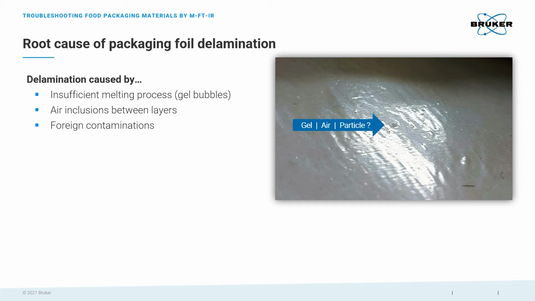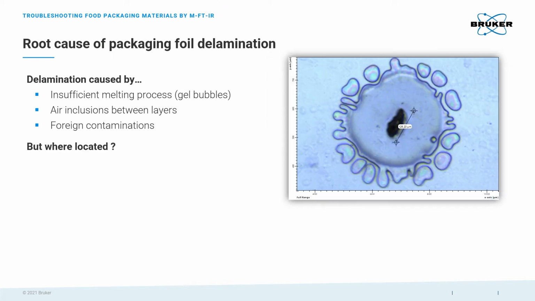In this case, the example was too small to cut in cross-section and analyze it in a cross-section manner. So it's really hard to say where it is located. It's definitely not on top of the layers, so we could not wipe it away. So we delaminate, in this case, layer by layer in order to see where this contamination is located. What you see is that we have some bubbles around. These are air bubbles caused by this particle here in the center. And this was then causing this delamination process.